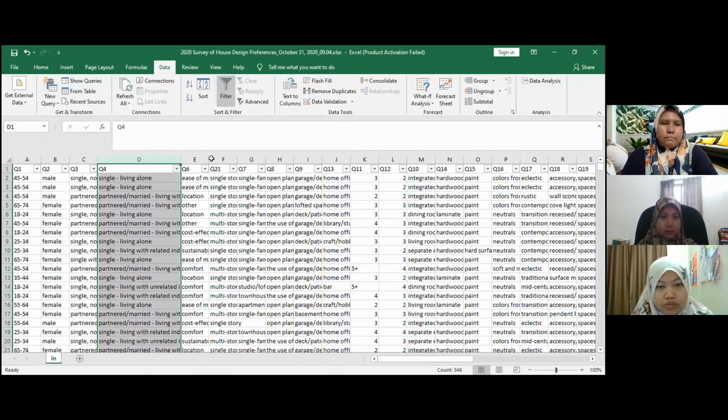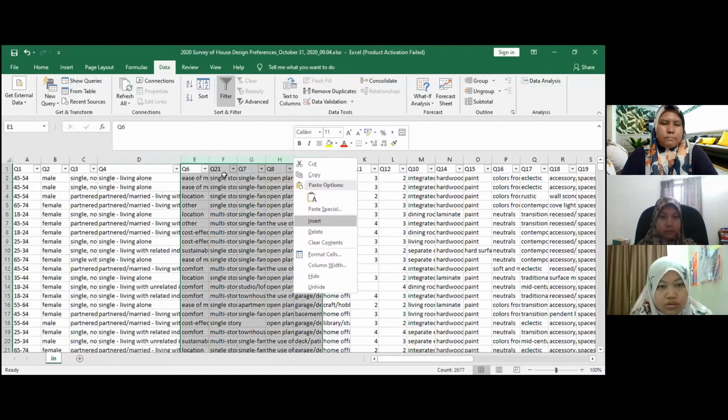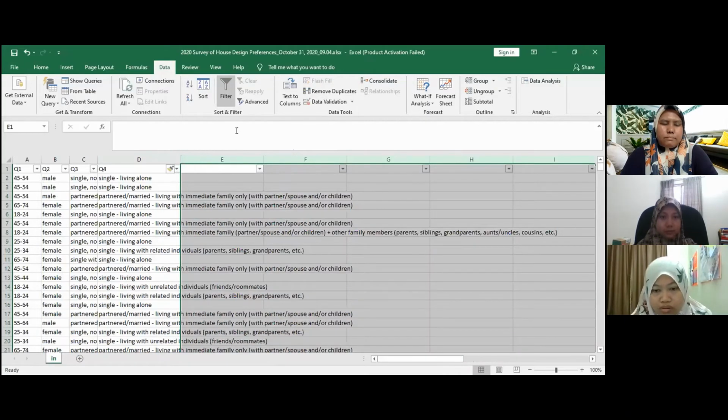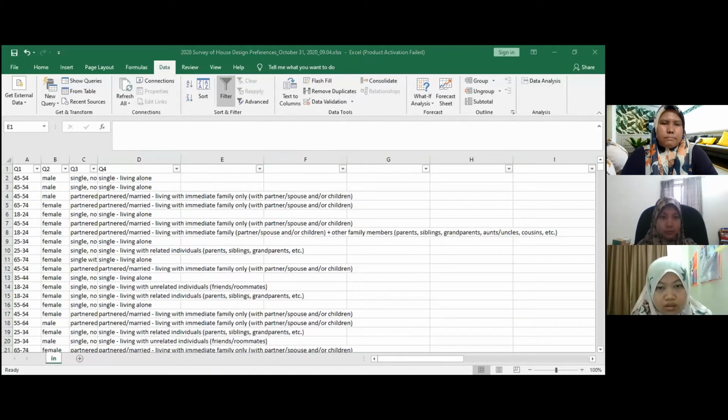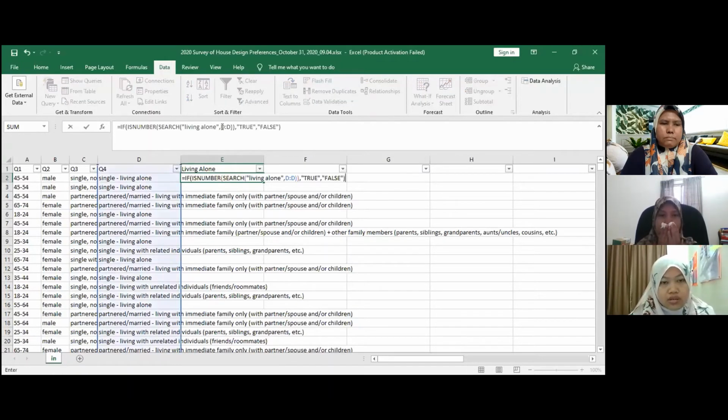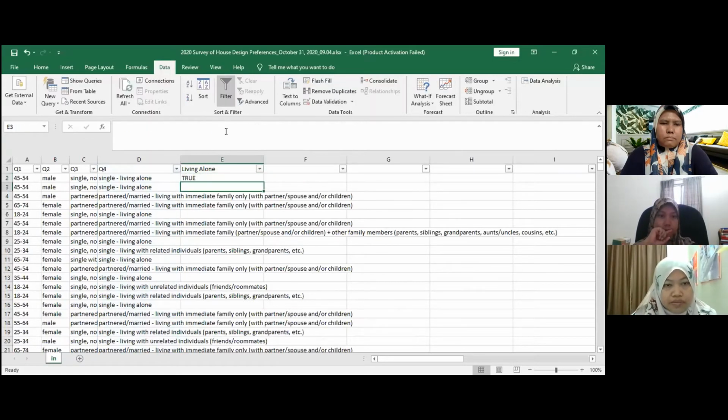So I do this by inserting a new row. Okay, we name it living alone and use this to search the data.